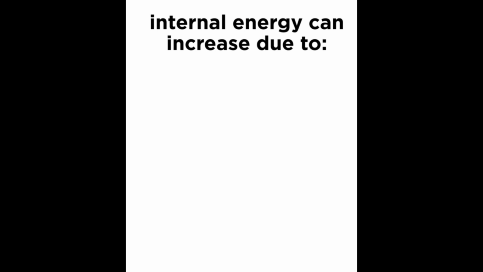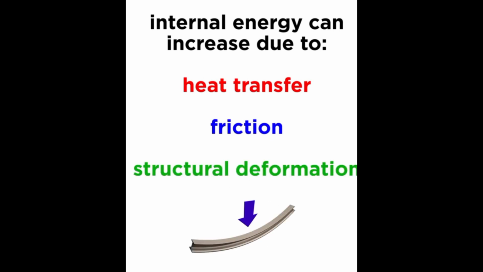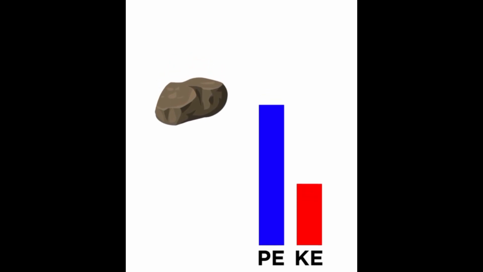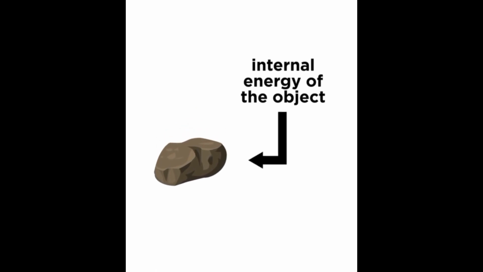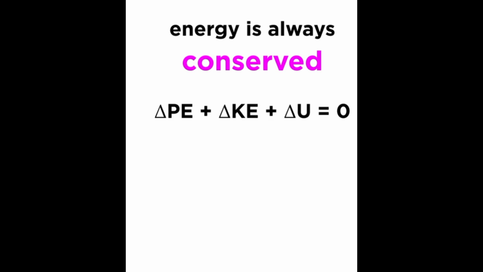The internal energy of a system can be increased due to heat transfer, but also due to things like friction or structural deformation when bending a piece of metal or stretching a rubber band. But as we learned earlier, for a particular system, there will always be conservation of energy. We already know about the kinetic energy and potential energy of an object moving through a gravitational field. So let's add the internal energy of the particles in the object to this list and restate conservation of energy